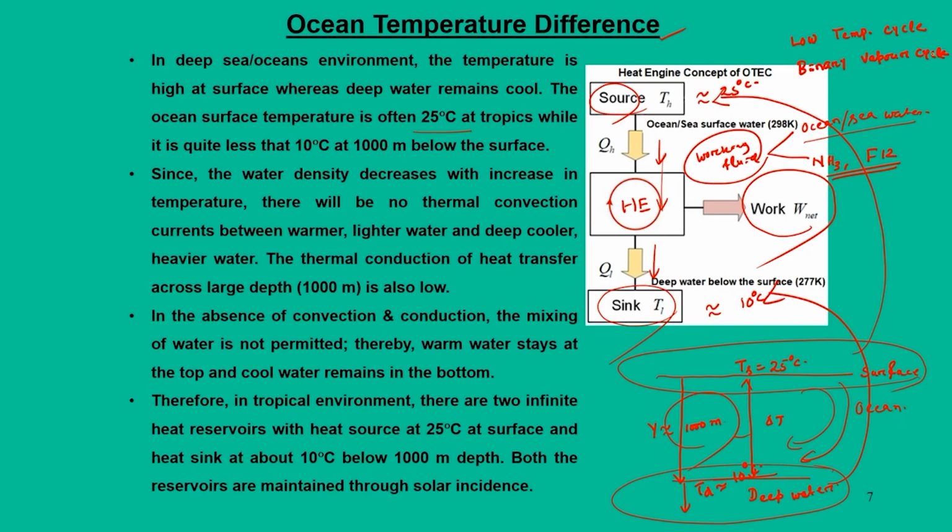So, in the binary vapor cycle what happens? We are restricting the power generation to a specific working fluid, which is typically ammonia or freon, but the heat exchange, that is Q_H or Q_L, from the low temperature source or sink, takes place by virtue of this temperature difference. So, this is all about the concept behind ocean temperature difference for harnessing power or